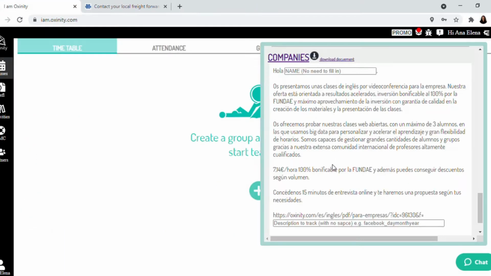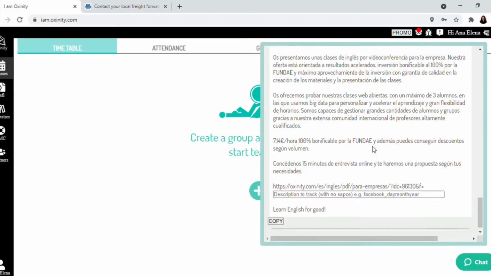Now that you have the company email, you can now send this proposal together with the document that you can download here. On the other hand, you can send this message on LinkedIn, or you can send this message through your contacts, even to your WhatsApp contacts or someone that you know. All right. And second